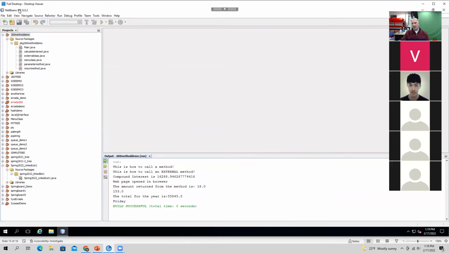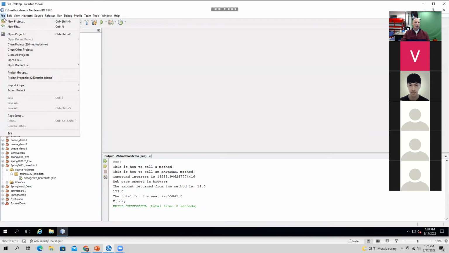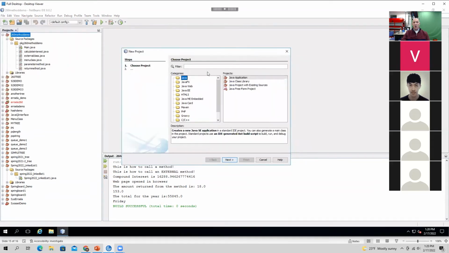All right, so NetBeans is the IDE that we will use for this seminar. One of the things I'm going to show you is a couple of different sample code that we have, but let's start with some basic things about Java, okay? When you create a new Java project, the new Java project allows you to choose from a whole bunch of different types of Java code. Okay. Inside the IDE, you can create different projects that do different things.